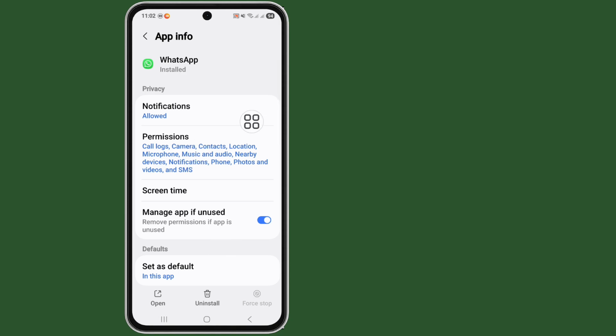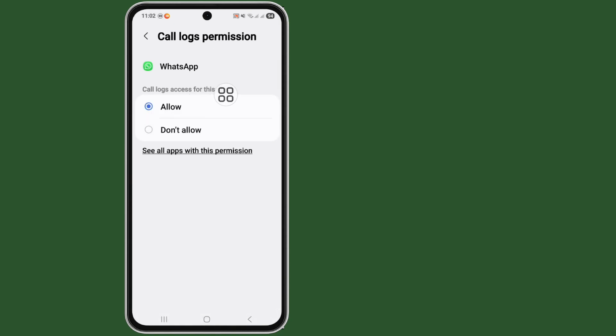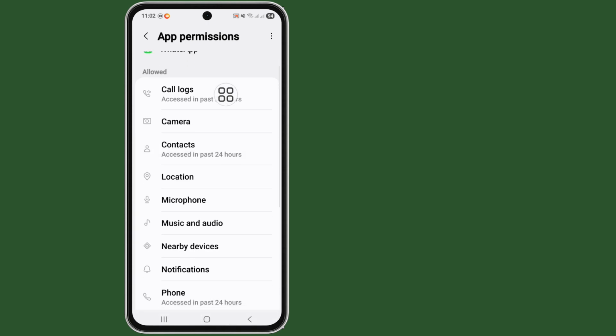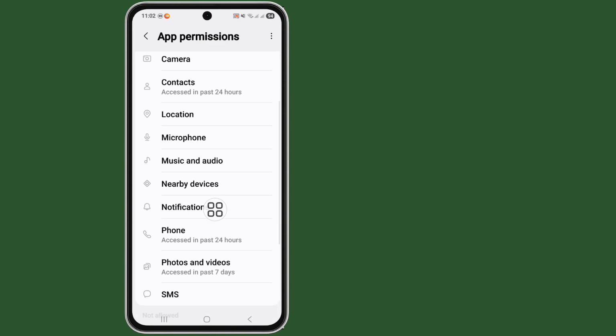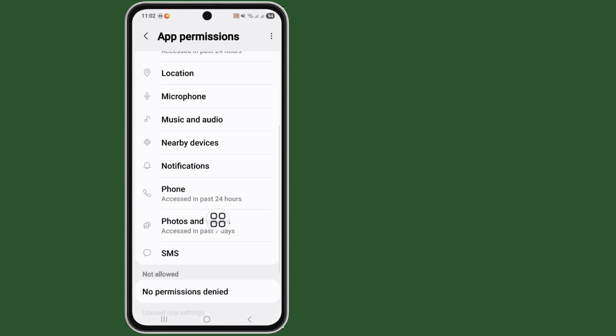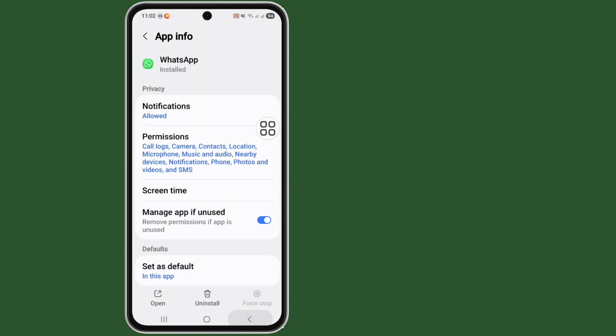and now tap on the permission and allow all permission. Call logs, camera, contacts, location, microphone, music and audio, nearby device, notifications, phone, photos and videos, SMS. Okay, allow all permission. Back